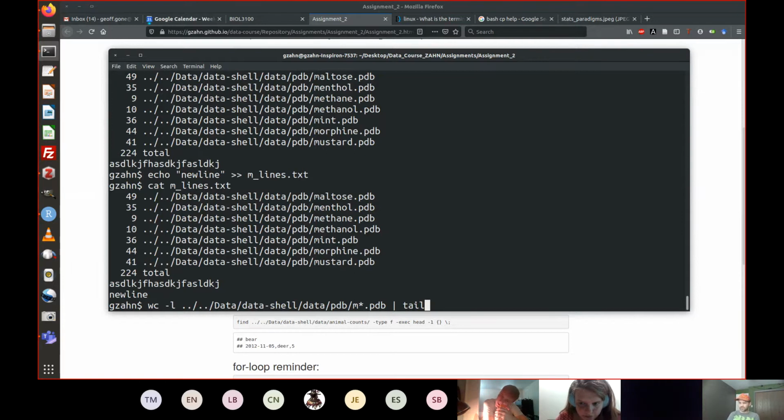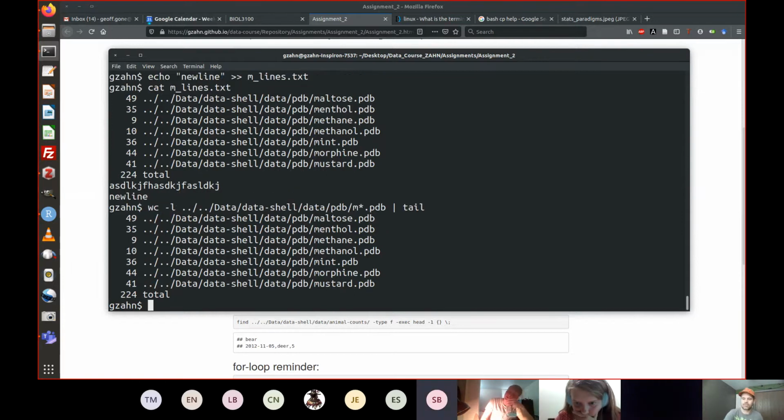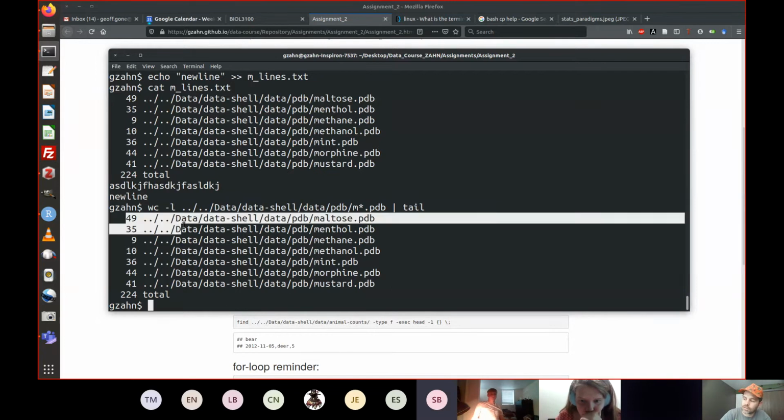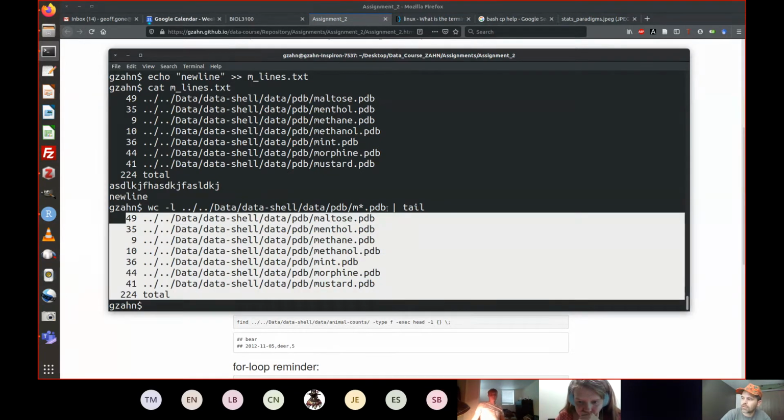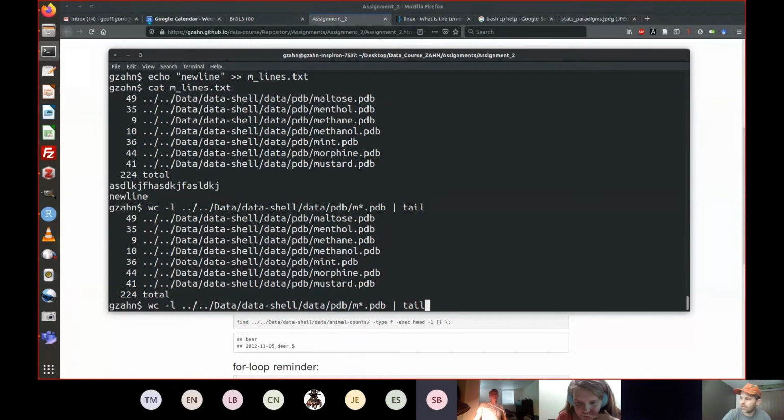What's going on? It's going to give us the last 10 lines of everything in there. The last 10 lines of the output from this. Now, if I do that and say tail